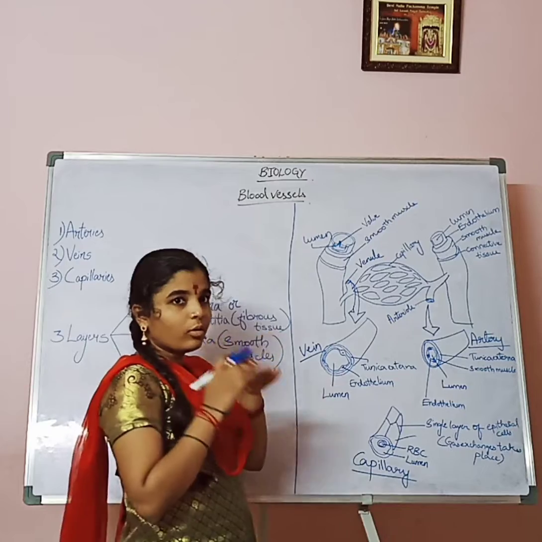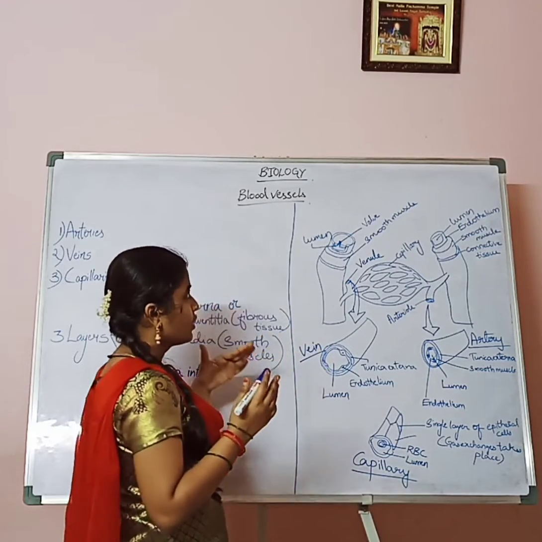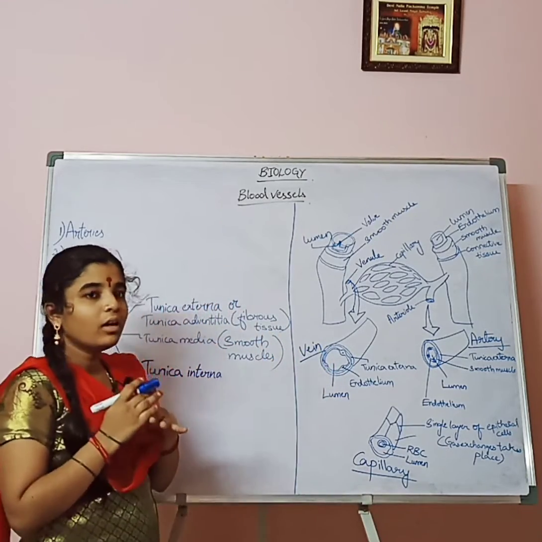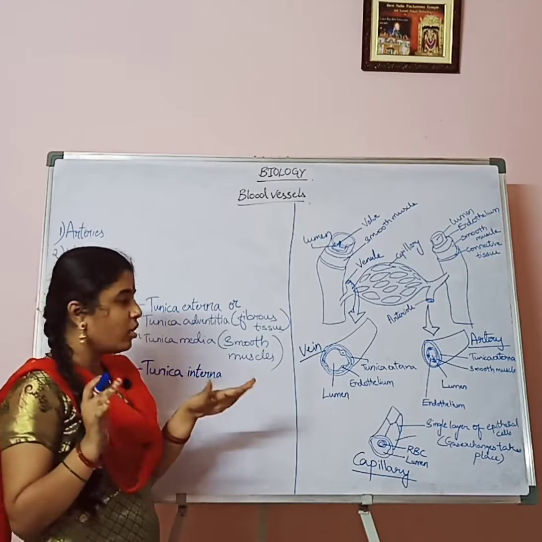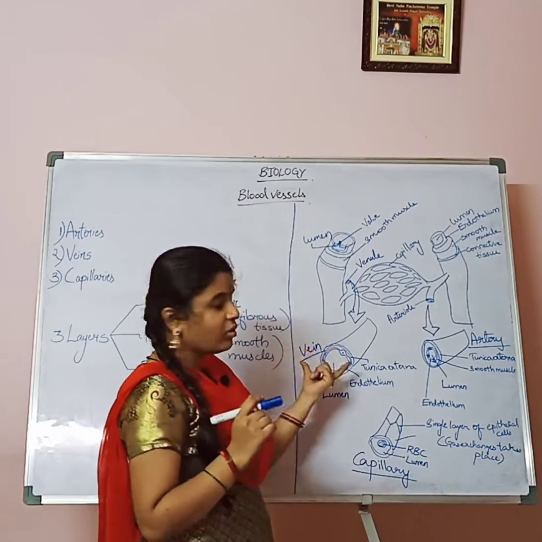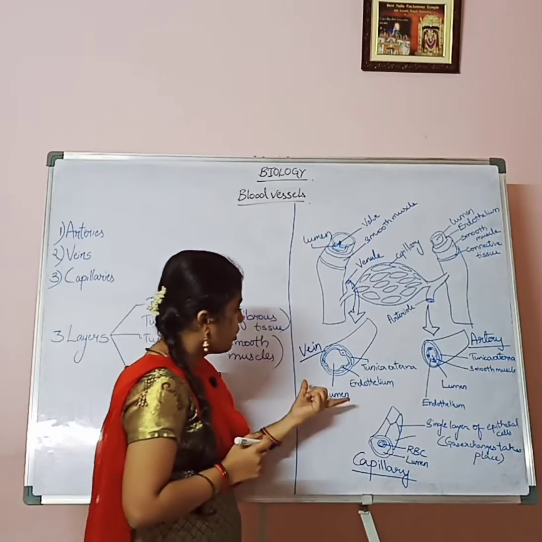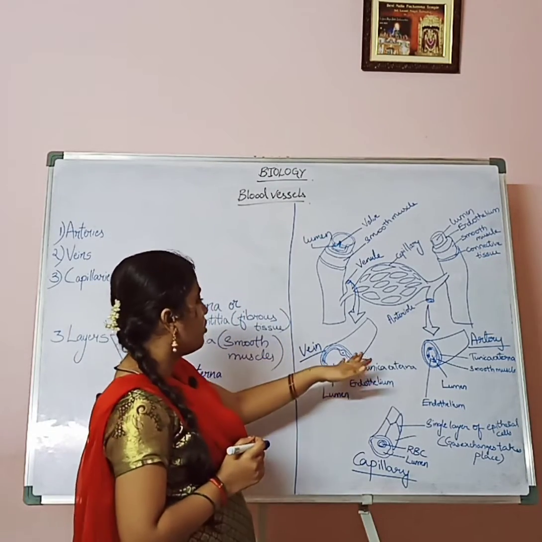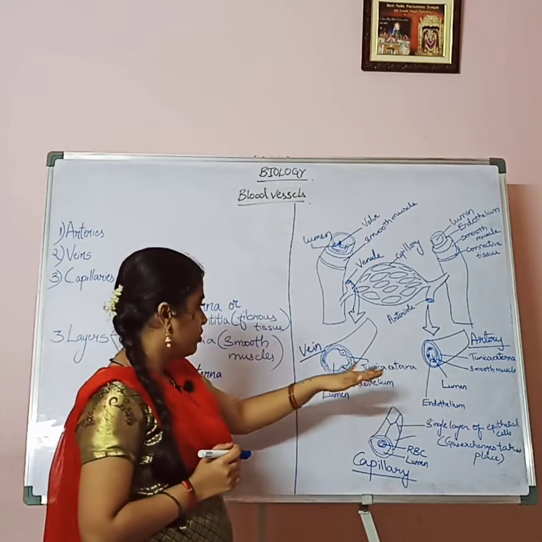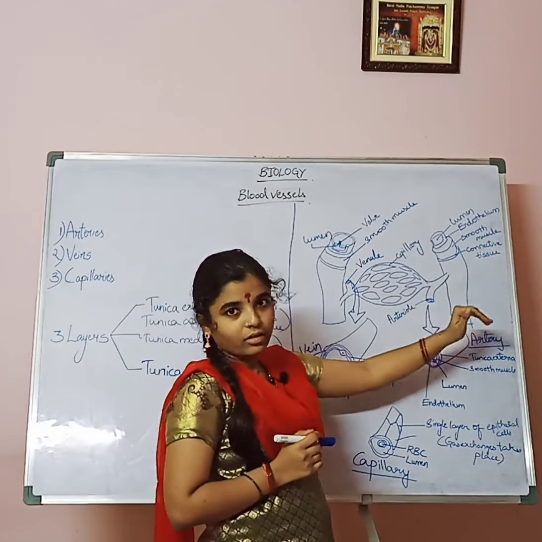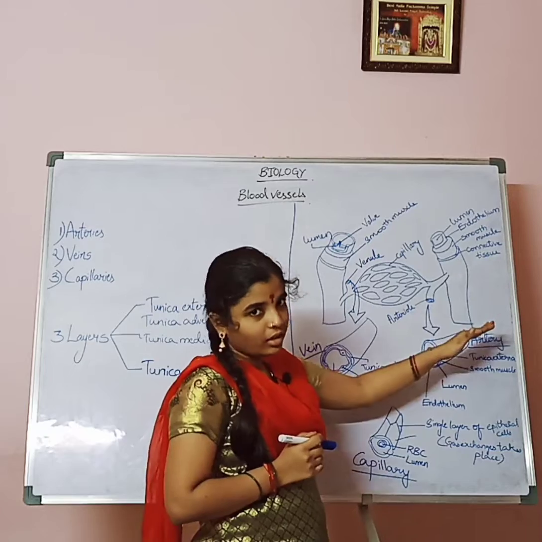The valves close or open as the blood is carried in our body. The pressure of the blood is very low in our veins, so the walls of the veins are also thin compared to arteries. The walls of the arteries are very thick.